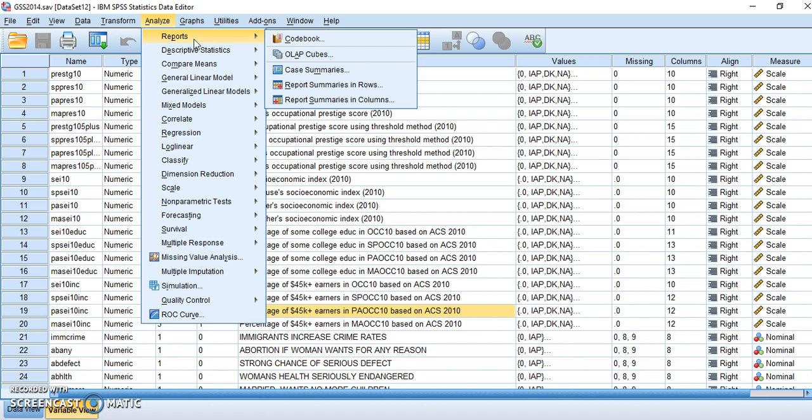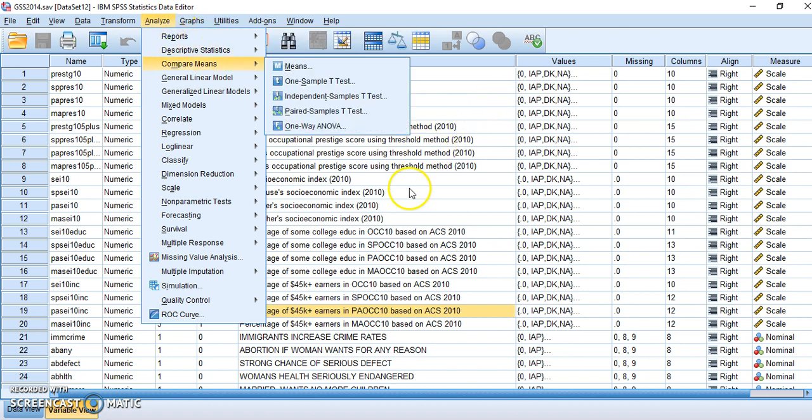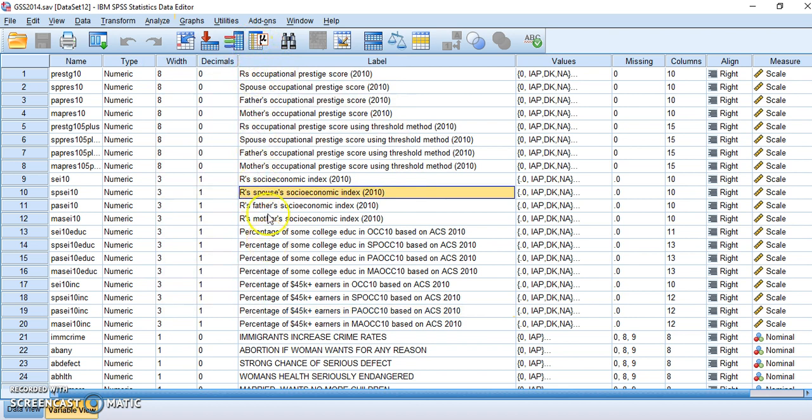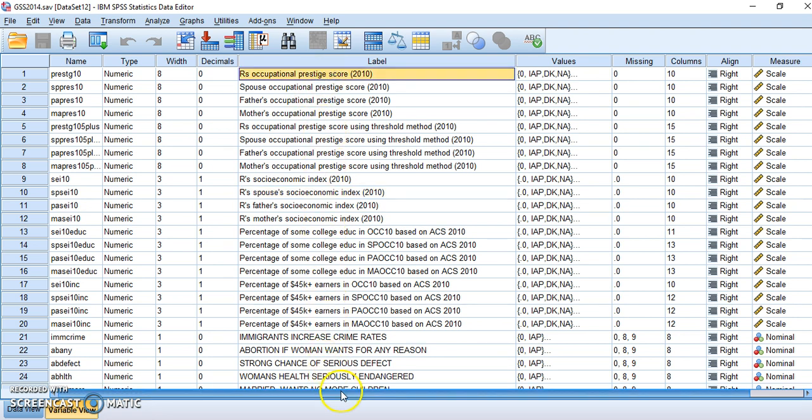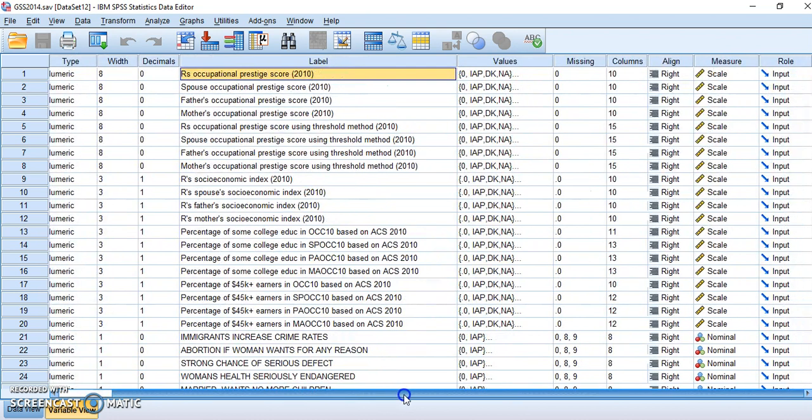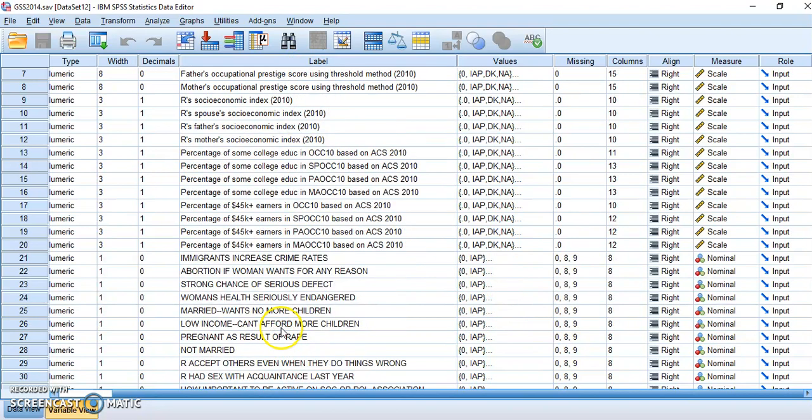One thing I want to point out is that all of these are variables here, and this is an existing general social science data set that we're using for this workbook. If you were to conduct your own study, you would have your own set of variables here. You can also look at this as what's called a code book, where you not only have the variable names here, like for instance,